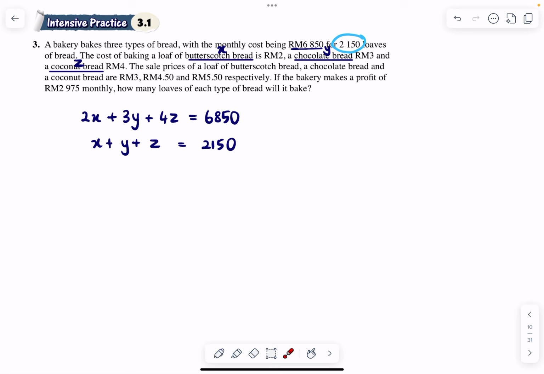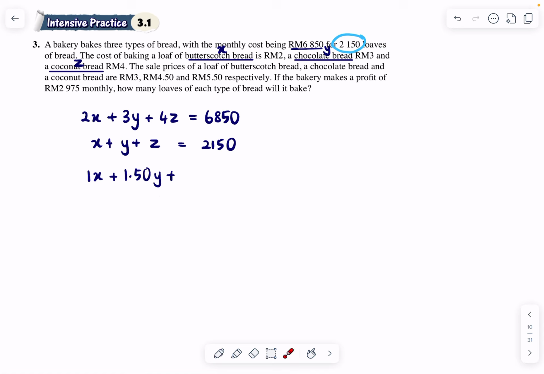Okay. Then the sale prices of these breads are 3 ringgit, 450 and 550. This is the selling price. If the bakery makes a profit of this much, how many loaves of, okay. So they're making a profit of this much. So if you want to find the profit of selling a butterscotch bread, we have to minus the selling price with the cost price. So the profit will be 1 ringgit for butterscotch, and then 450 minus 3 ringgit for chocolate bread, because they're selling at this price but the cost is 3 ringgit. So profit is 150 here,